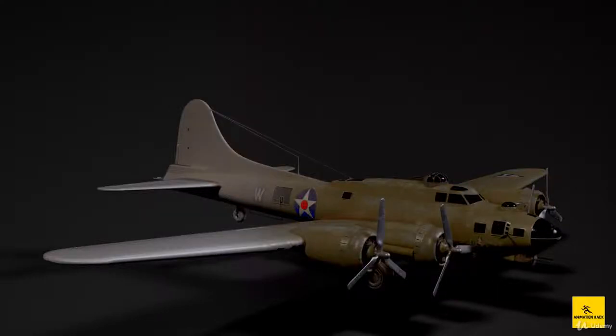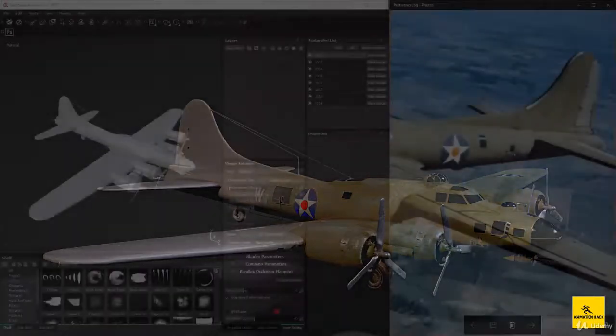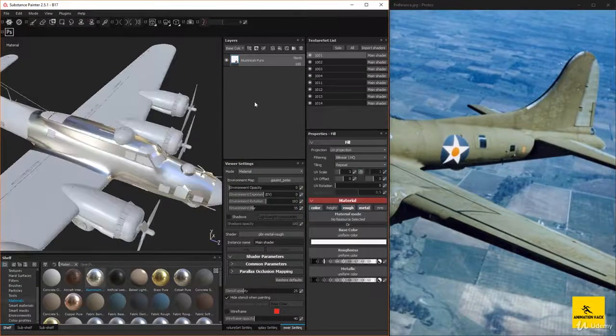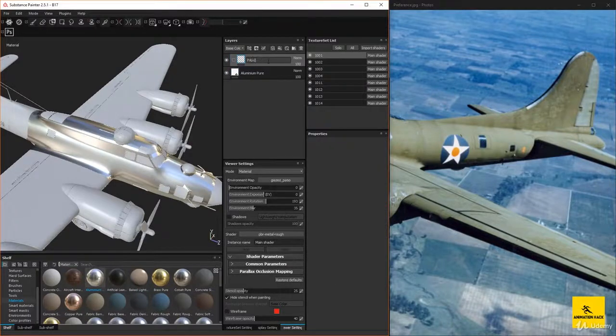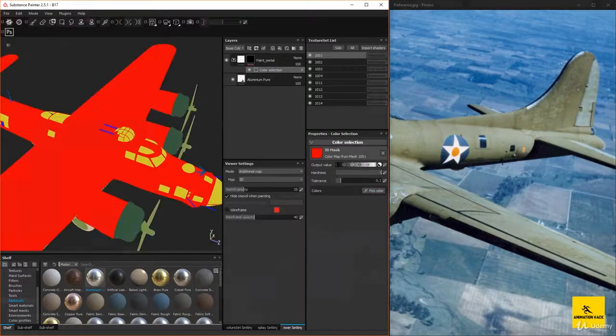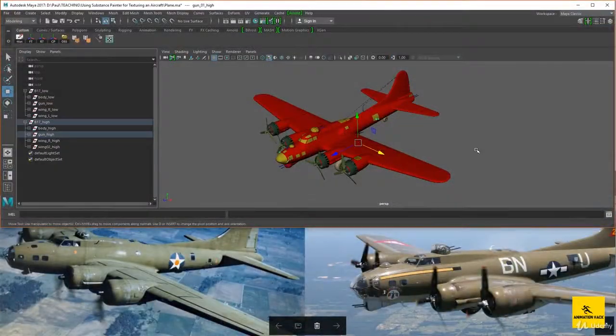This course is the third course of the series, Creating Hard Surface Aircraft for Film Production. Today we're going to look at texturing in Substance Painter and Autodesk Maya. Substance Painter is a very powerful 3D texture painting application. It can be used to create visuals for materials, special effects, and shaders, and texturing for games and film, which